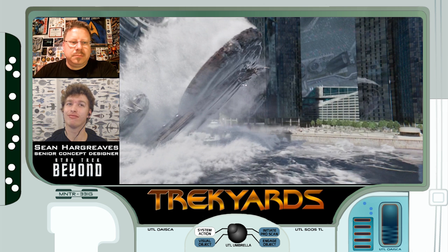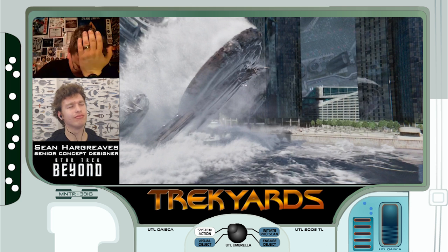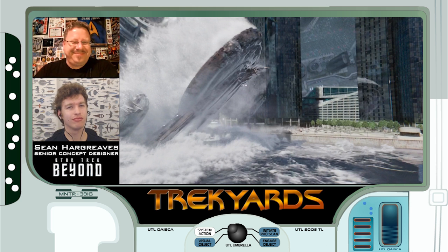Was the Enterprise in water? No, there's glass at the bottom, but it was never really very clear that was glass holding the water in, especially when the Franklin came up from below. So that was the second thing, and the third thing was I looked at these photographs of the tunnels of